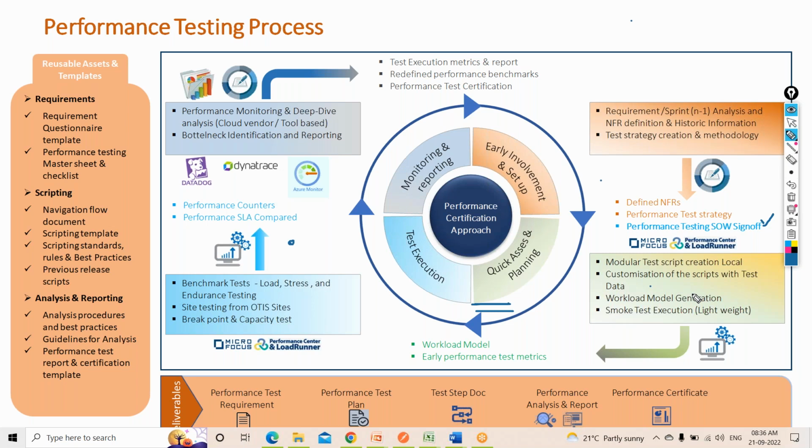So the migration team will come into the picture, and they will give you some data. You have to do your data filtering properly, so that when you're feeding the data through VTS or anything, the data should be able to work properly. So data preparation, then workload generation. We have to do workload modeling also. Then smoke test execution, lightweight.